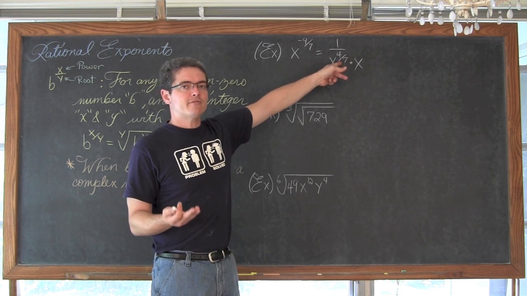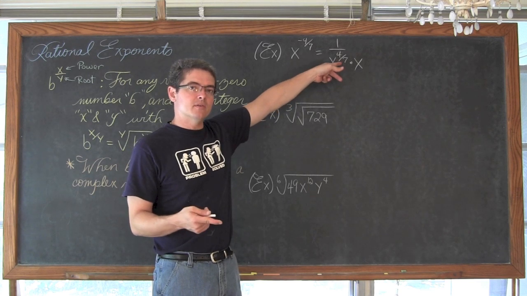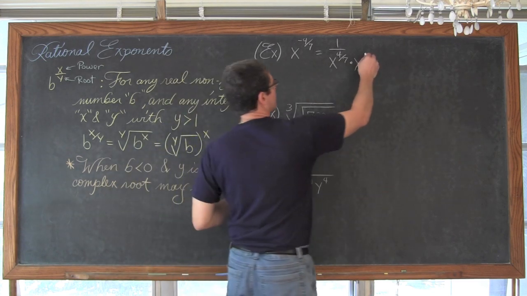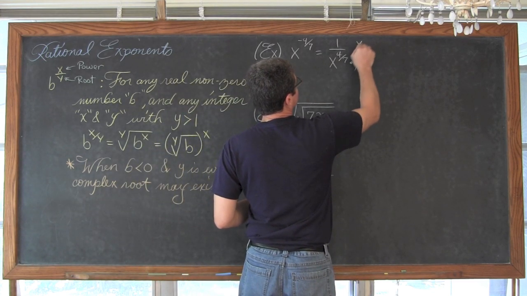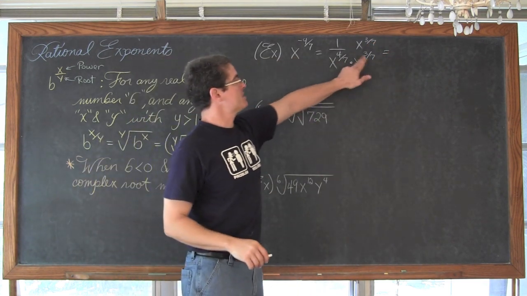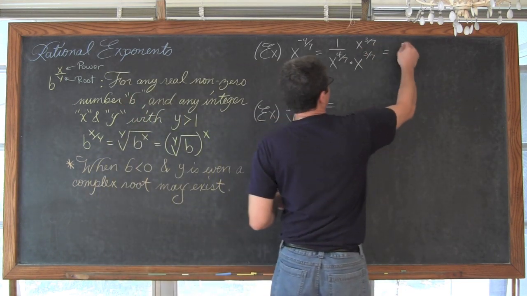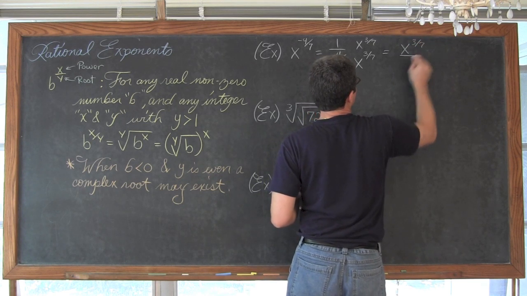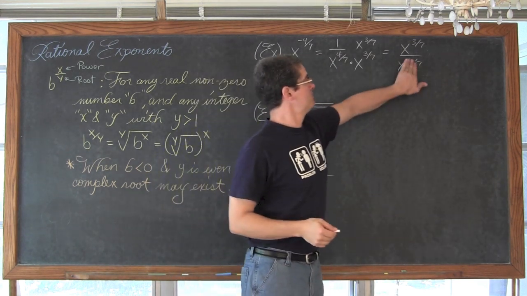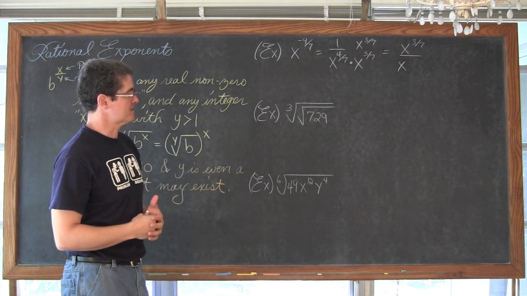So what am I going to add to 4/7 to get 1? Well, if I add 3/7, 4/7 plus 3/7, 4 plus 3 is 7/7, which is 1. So if I multiply by x to the 3/7 power in the numerator and denominator, I'm going to have the bottom exponents add up to 1 and thus get rid of my fractional exponent, get rid of my radical sign. So I have x to the 3/7 power over x to the 7/7 power, which of course we know is equal to x. So that's our final answer, x to the 3/7 over x.